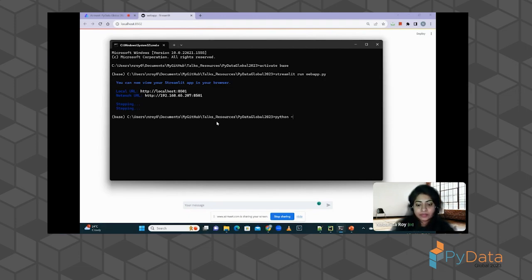If you cannot access your Python environment from your command line, you can go python -m streamlit run webapp.py. That's how you have to run it. You have to install Streamlit before that.